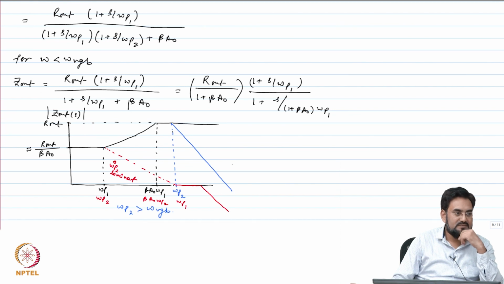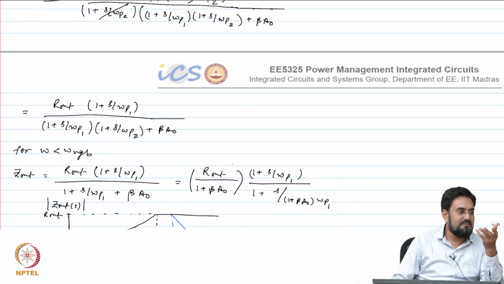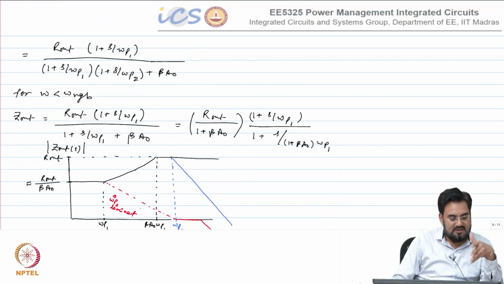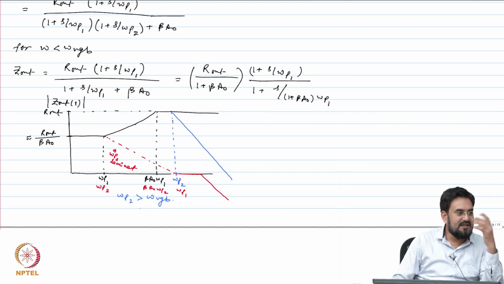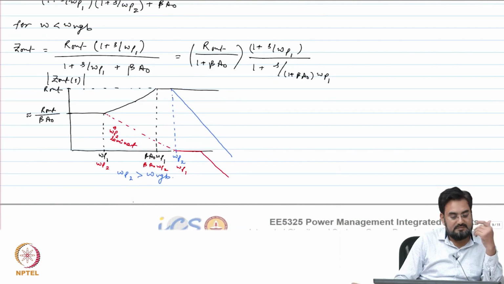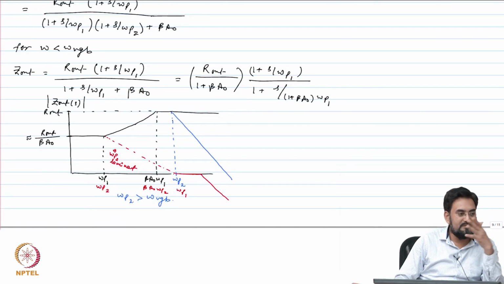Okay. But if you put a very large cap and still this pole is dominant, then that may not help actually. If you put a very large cap, let us say, and still your omega p1 is dominant, then increasing that cap may not help in transient much in that case. Okay. So, it will only help if you make the output pole dominant. Yeah, you can always do that. So, it will reduce the output cap size by some extent.